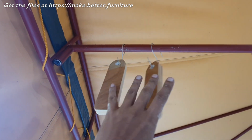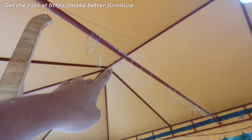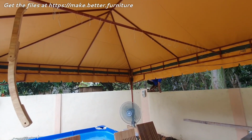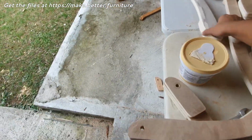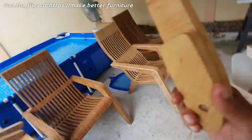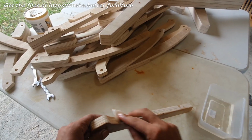In this case, the Simba will not require any tools. So here I have a lot of hooks, enough for the whole chair, and this is how I'm going to hang all the parts to dry. Very easy job,